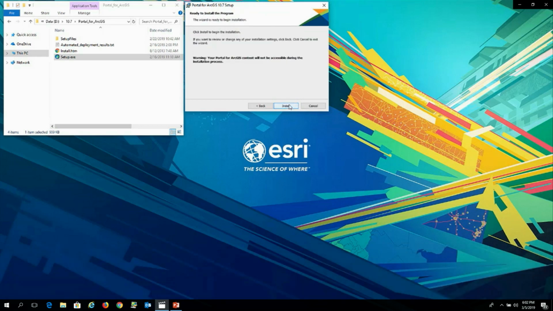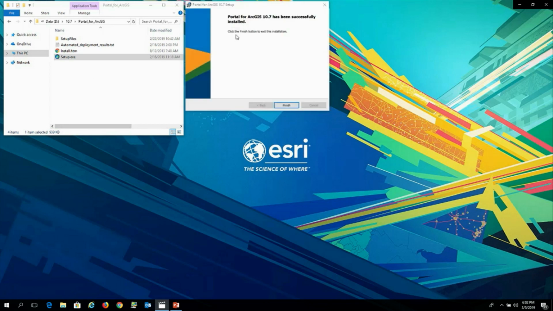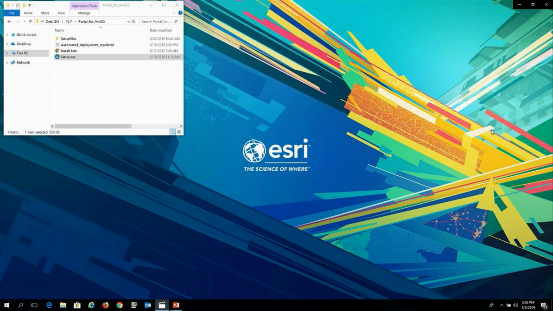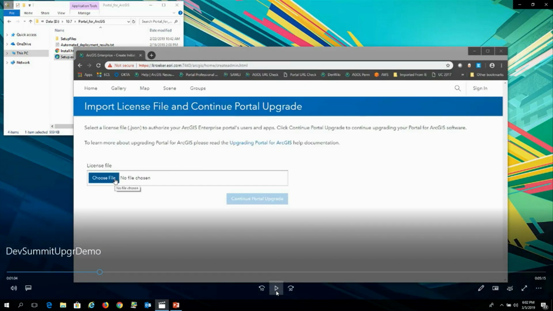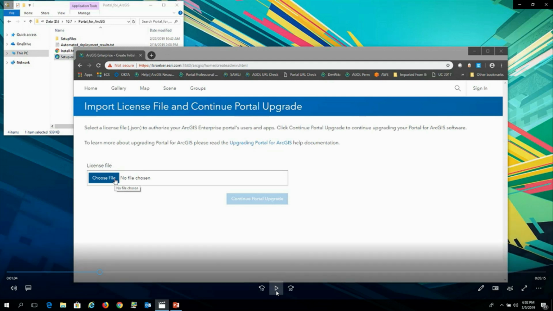And then finally, it's saying that it's going to start the upgrade or the installation process. Depending on your machine, this may take 45 minutes or an hour, depending on the resources. Once that's finished, you click Finish, and it will launch your browser and take you to the Portal for ArcGIS